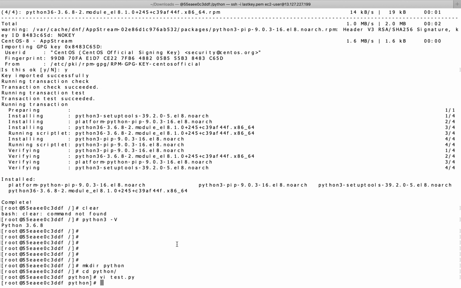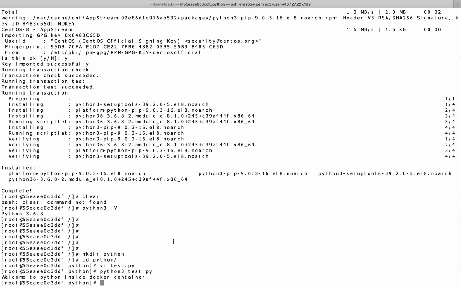We have written just one line of code, and to run it, python3 followed by the file name .py. So: welcome to Python inside Docker container.